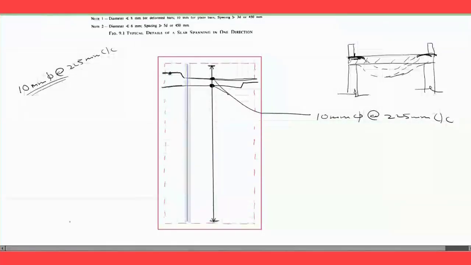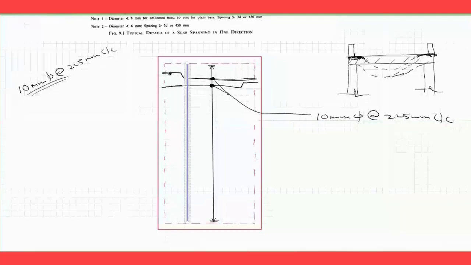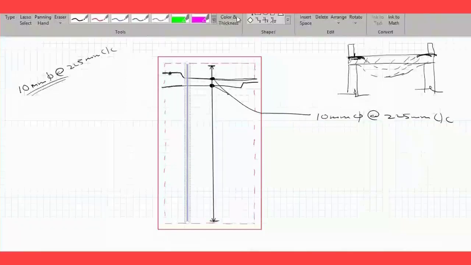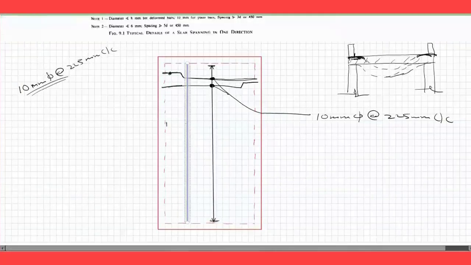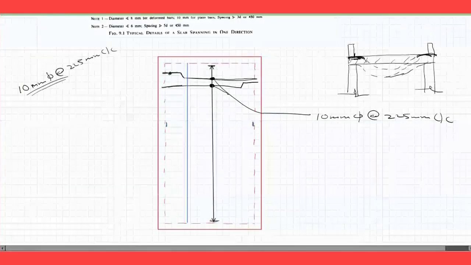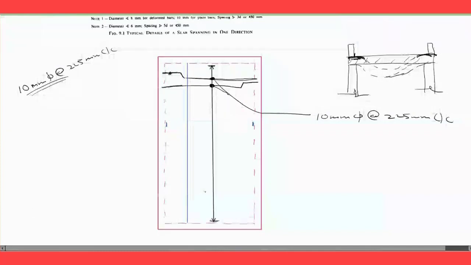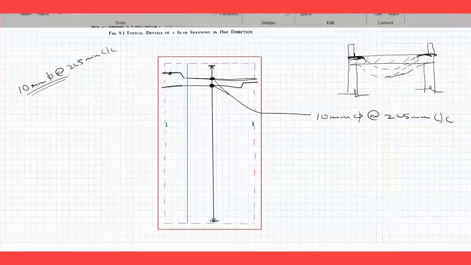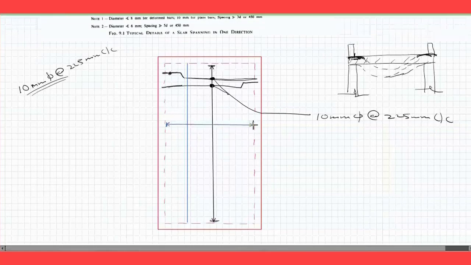So this is the secondary reinforcement which will be provided. What you will be doing is providing your secondary reinforcement from here till here. Agree or not? This time you will not draw a line here again and again. Rather than making those lines, you make a single line. You say that this bar is going to extend from here till here, and mark this dot.